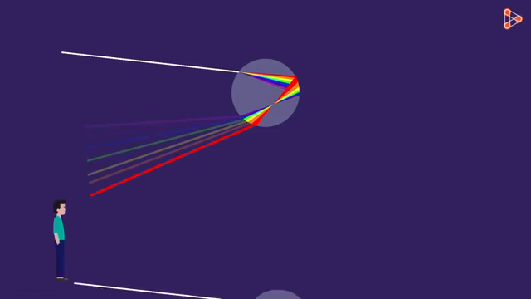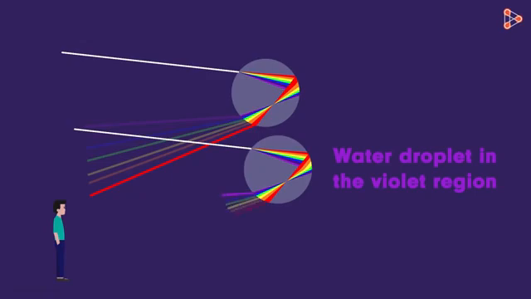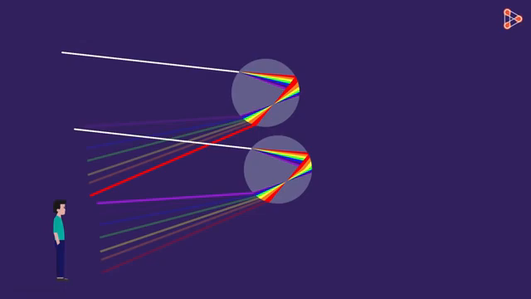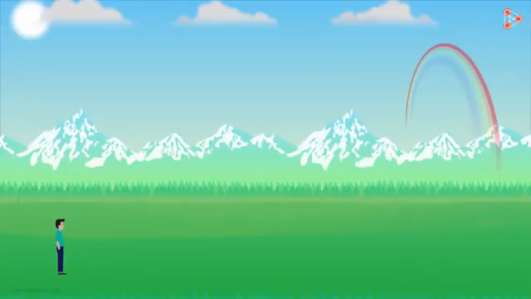For instance, droplets present in the violet region also send the light back in the same way. But only the violet color reaches us and the remaining colors are not visible. I hope that you now have a basic understanding